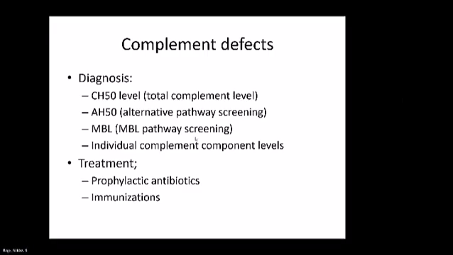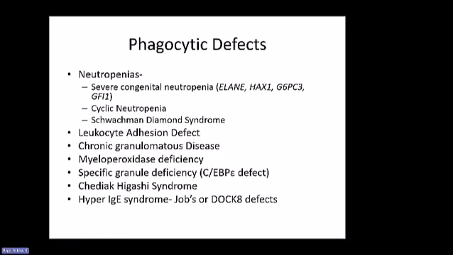Start with phagocytic disorders. The genetic causes of phagocytic disorders include genetic causes of neutropenias. The most common forms of neutropenia are secondary to chemotherapy or benign congenital neutropenia that does not have a genetic defect. But here we are talking about neutropenias that are immunodeficiencies, which means they are genetic in origin. Severe congenital neutropenia means that the absolute neutrophil count is less than 500, and that's caused by